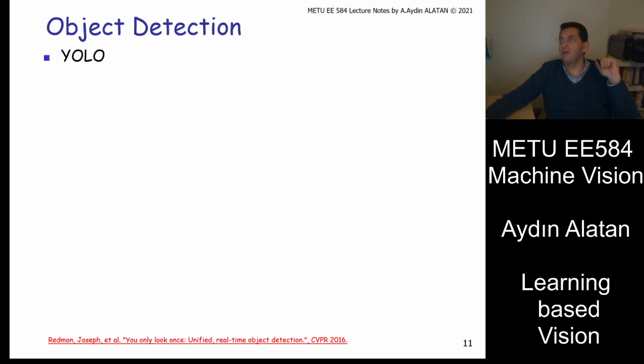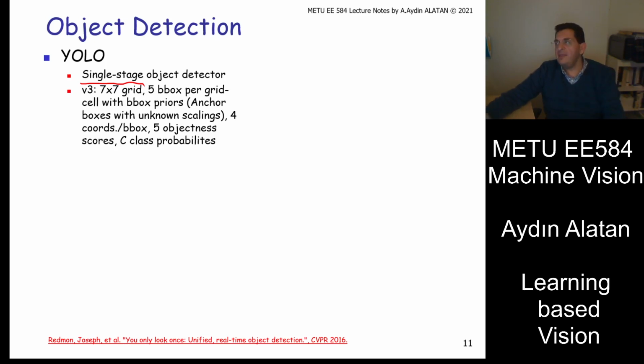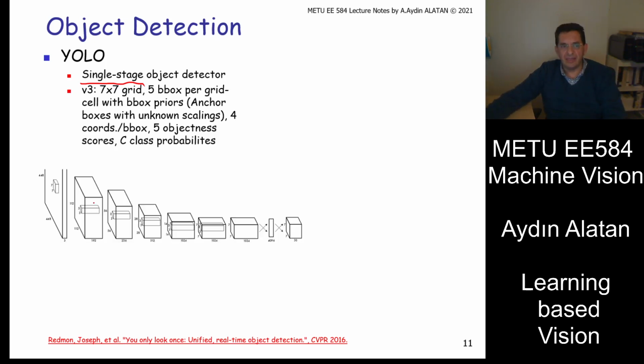As a final algorithm, I would like to talk about YOLO. YOLO is the abbreviation of You Only Look Once. That's a single stage detector. Previously, please note, I had a first stage as a region proposal. The second stage was, in every region, finding the corresponding objectness and the coordinates. Here we directly go and try to estimate